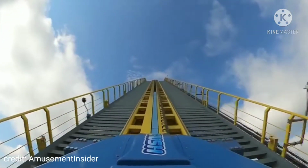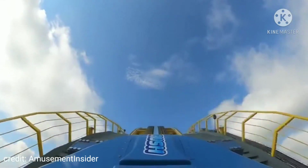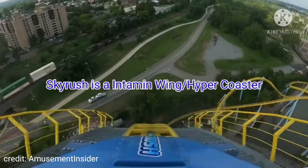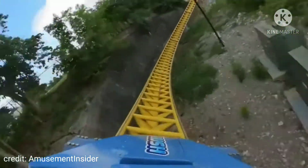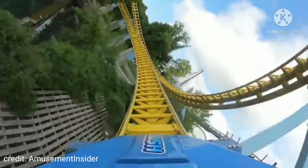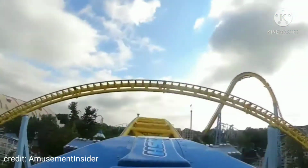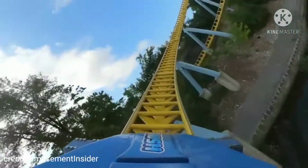We finally made it to number 1, and my favorite coaster at HersheyPark is Sky Rush. Now what makes this so much of an awesome coaster is, here I'll run it by the layout. So it's an amazing first drop, bank rightwards into the first ejector airtime hill, which is just full of ejector airtime above that hill, and then it's followed up by a 270-degree turn, and then into another ejector airtime hill,